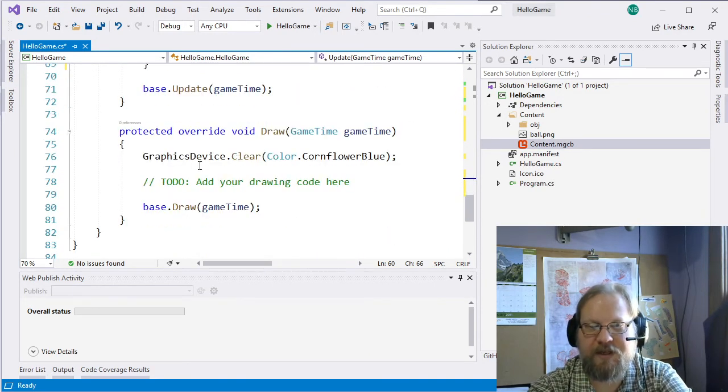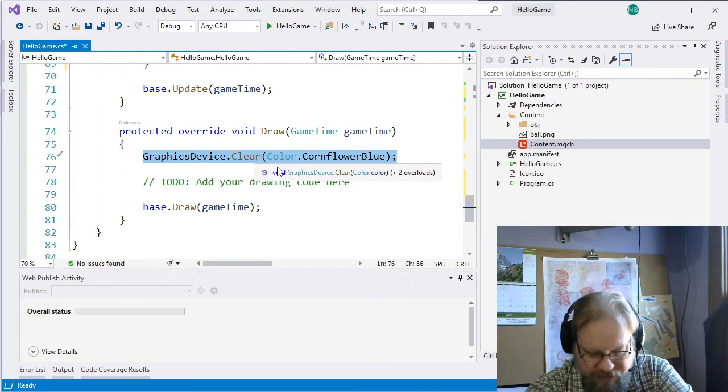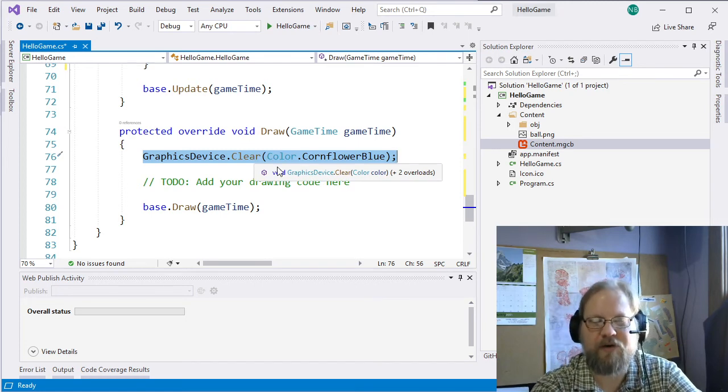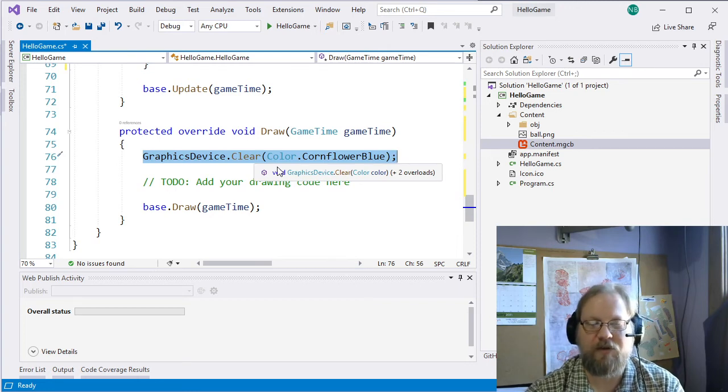Alright, now we're just going to finish up with our draw method. In our draw method, again, we clear the screen out. One of the interesting things about how MonoGame and XNA work is they use the 3D graphics hardware to do all the drawing. Now, we're working in 2D, so what we're essentially doing is rendering these two-dimensional images in a 3D world. It's like a cardboard cutout that we're just facing towards the viewer,